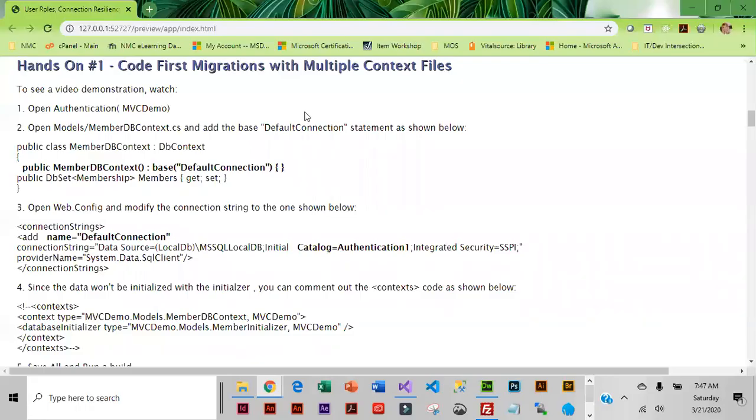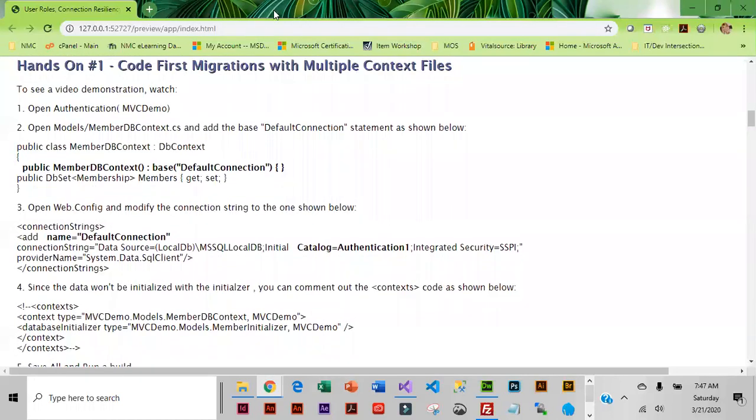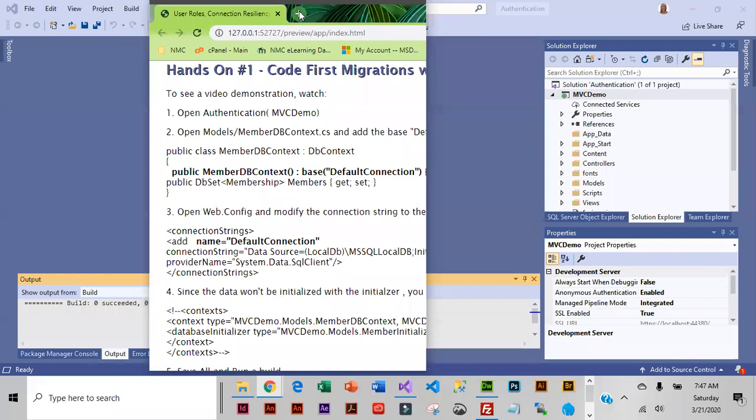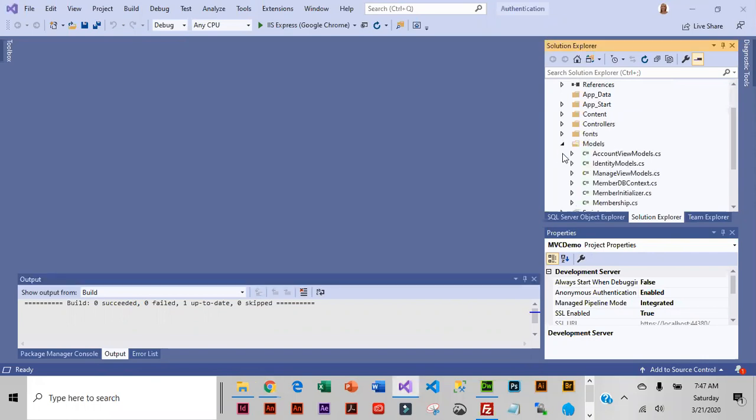So now that we've talked about what we need to change, we're going to go ahead and make those changes. I already have the authentication file open. And the first change that we need to make is to our member DB context file. That is located in our models. Now, before you make the change, why don't you go ahead and run a build and just